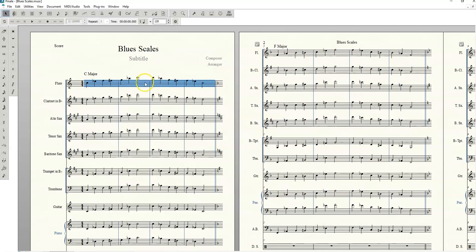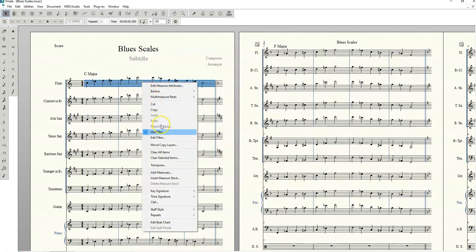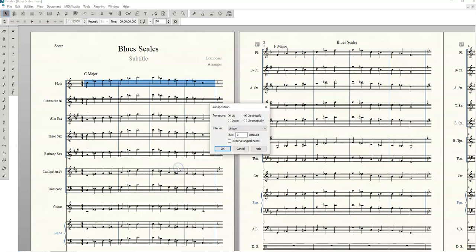Now we're going to right click if we're using a mouse or two finger tap if we're using a laptop. And that's going to pop up a menu. We're going to scroll down to transpose, and that's going to pop up our transposition pop-up menu. Now let's walk through our options. We're going to start down here at the bottom,